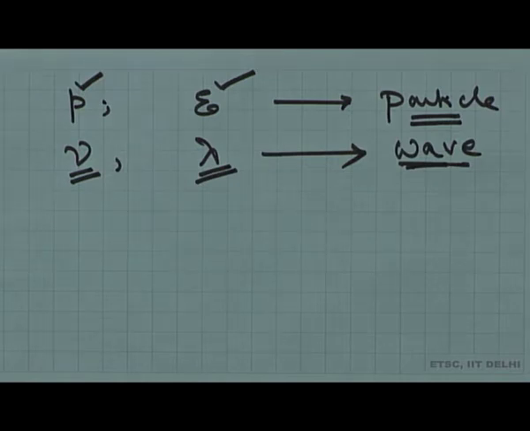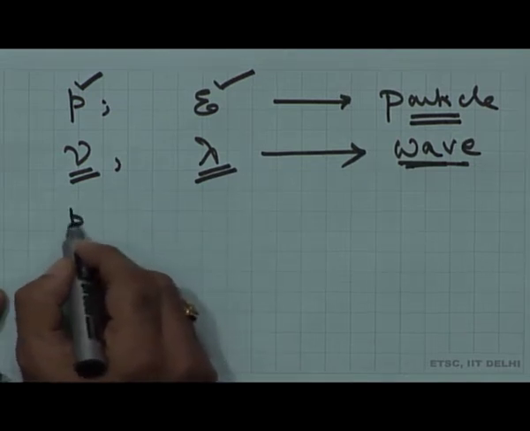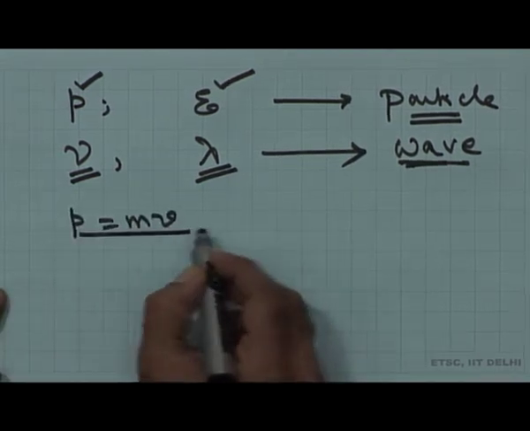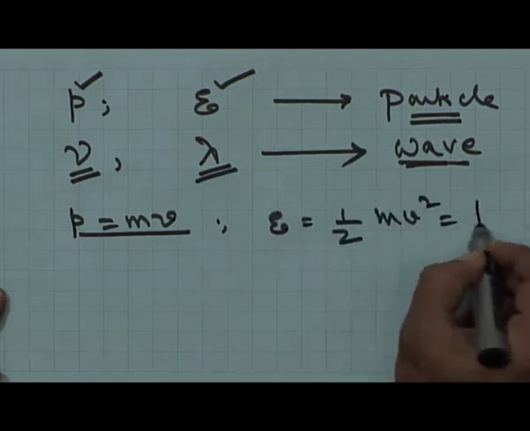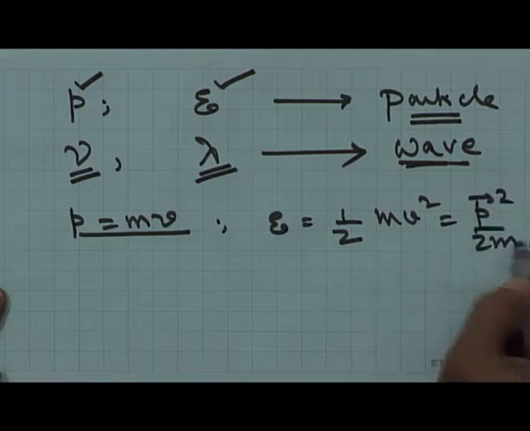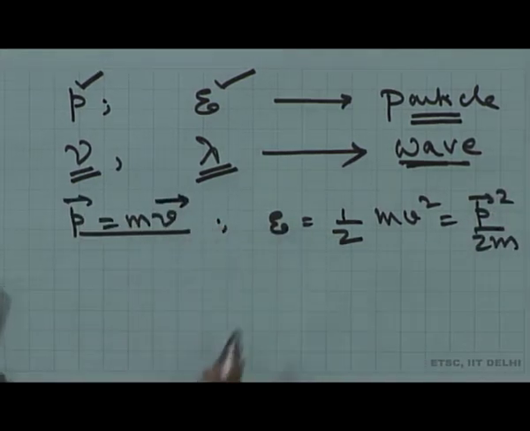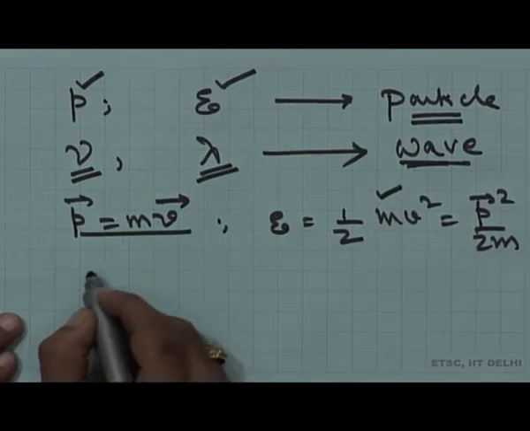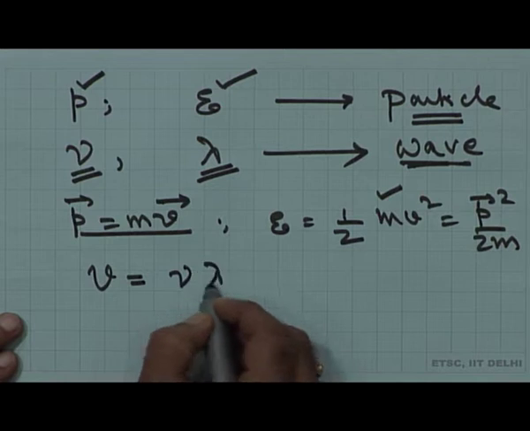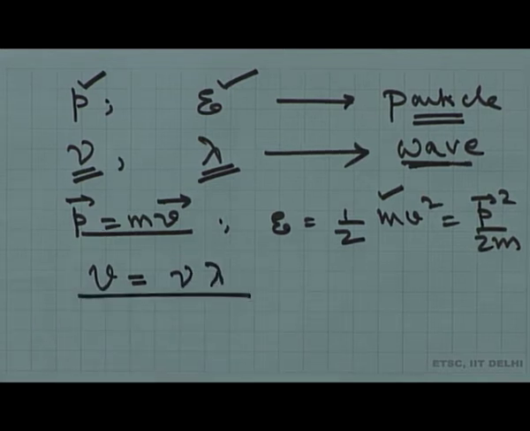Now you see, there are two notions of velocity. What are the two notions of velocity that I have? One notion is I will write p equal to mv, and I will write E equal to half mv squared, or I can write it as p squared by 2m. So I can put a vector sign here also. So there is one velocity which is coming because of the standard dynamics notions which you studied in your 11th standard. So this is one particular picture. The other picture is that given by v equal to nu lambda. That is what we have.